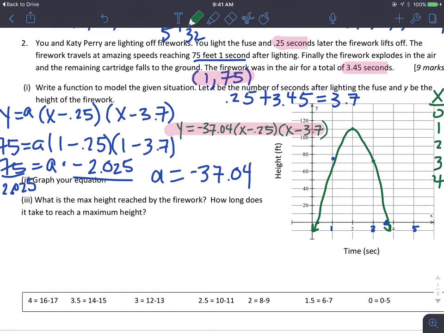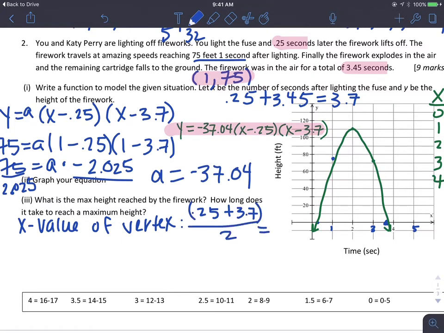Question 3. What is the max height reached by the firework? How long does it take to reach a maximum height? So this is asking about my vertex. So remember, in intercept form, the x value of the vertex is the average of the two x-intercepts, 0.25 and 3.7. So add those up, divide by 2,